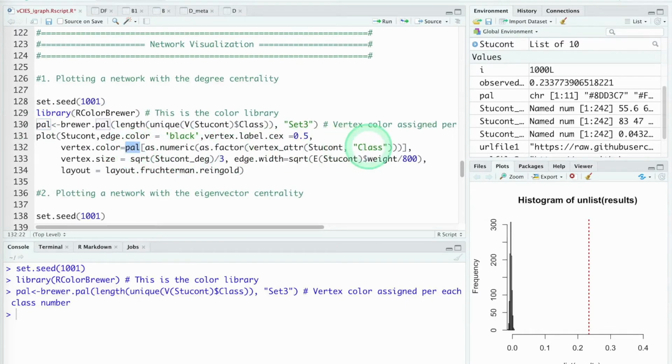And make each of the classes have a different color according to the pal value. And also we will decide a vertex size. And as I told you, we'll use degree centrality here. But I just divide by 3 for better visualization. Unless I divide by 3, the size of the vertices would be really big, so there would be overlapping